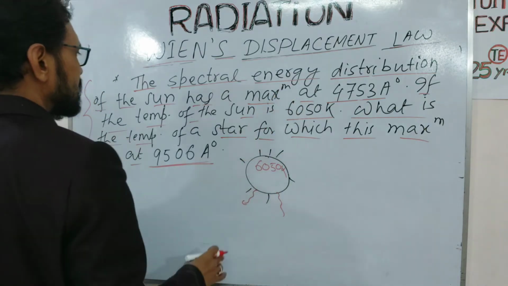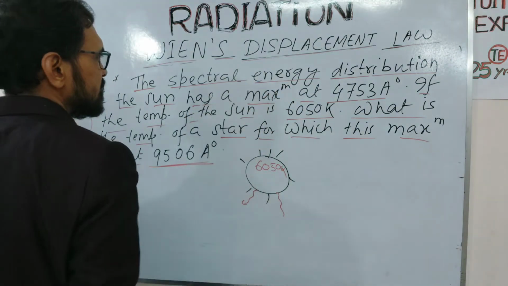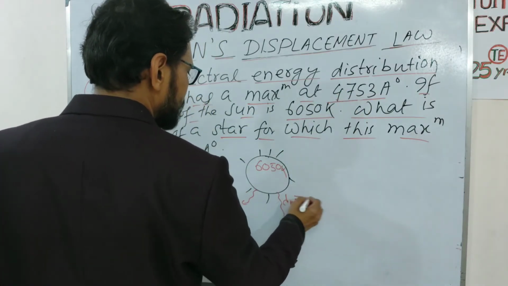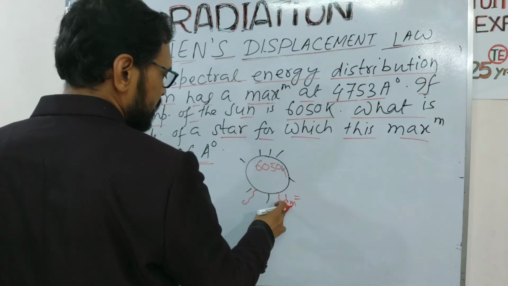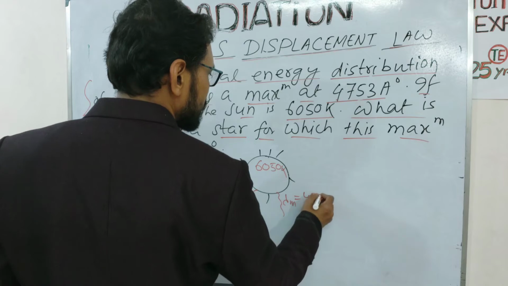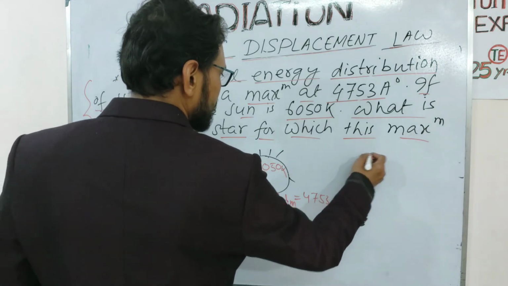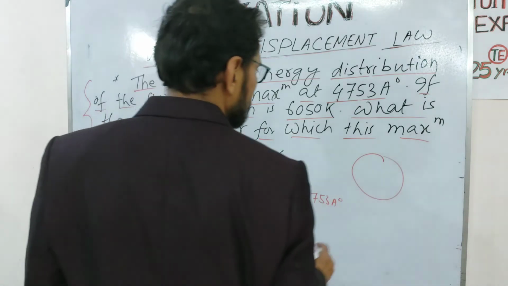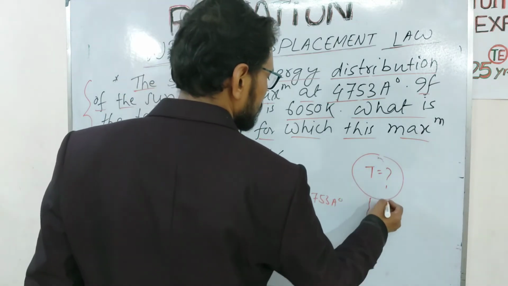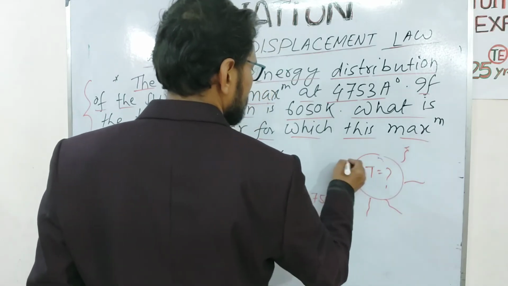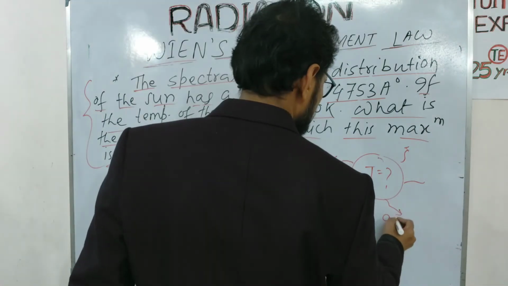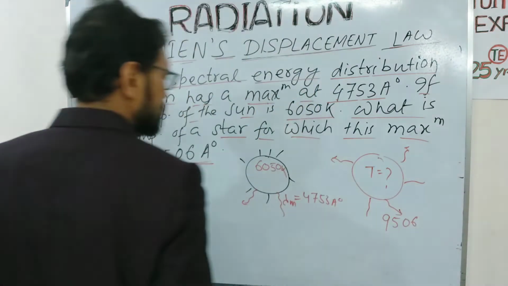The maximum energy occurs at this wavelength. Maximum energy, that is lambda maximum energy. This wavelength corresponds to the maximum energy. So this is 4753 angstrom, and for another planet or star whose temperature is to be found, the wavelength for the star is 9506. What is the temperature of the